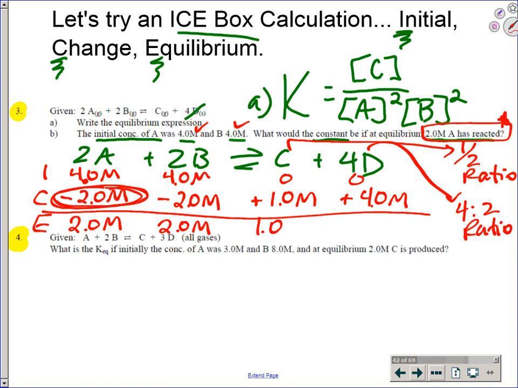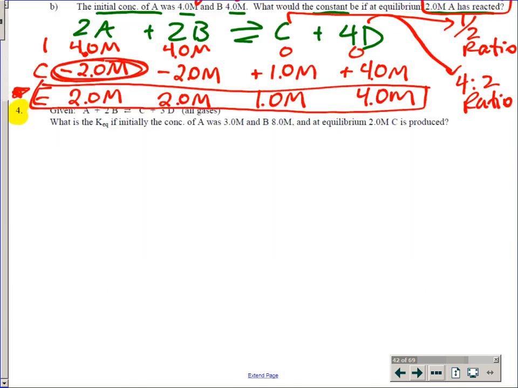Okay, so then we fill out the bottom of this chart. And these now are the equilibrium numbers. If, instead of telling you the whole story, the background, the journey we took, I would just be like, hey guys, equilibrium values are 2, 2, 1, and 4. Find the equilibrium constant. How do I find it now? Just plug it in. Okay, so I'm plugging in